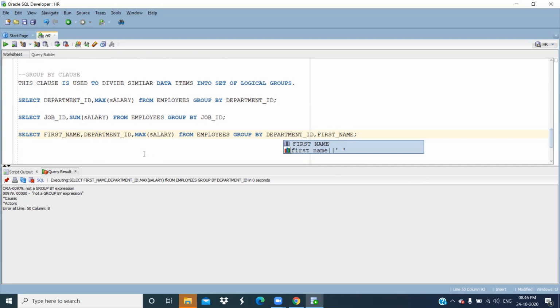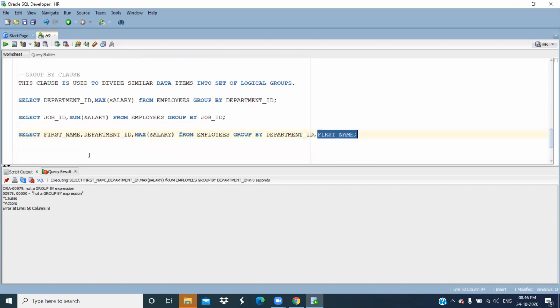We have seen the order by clause, right? How it will be grouped if you are writing two columns in the order by clause, the same here also. If you're writing group by department ID, first name, then first it will be grouped by department ID. Under that, it will be grouped by first name.